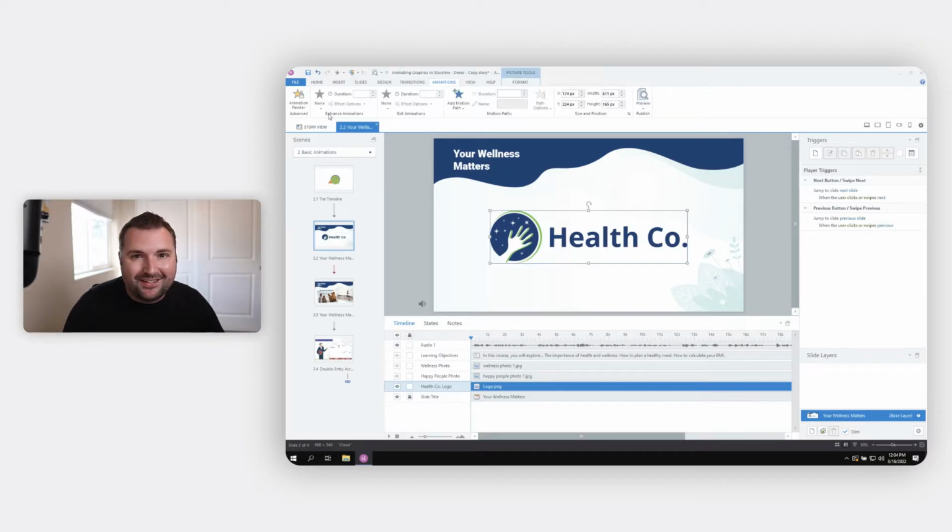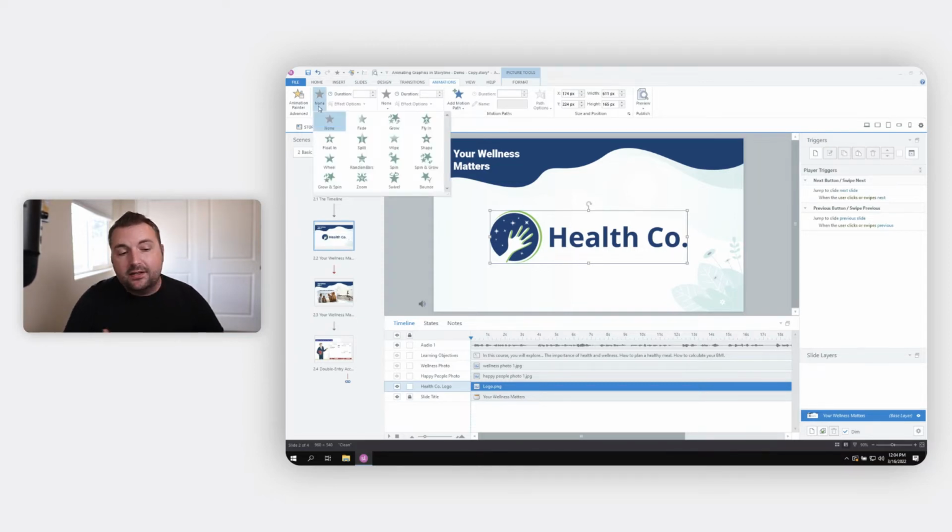Entrance animations, as the name suggests, is the type of animation that happens when something enters the slide, right? And right now it says none. That means there's nothing applied to it. But if I click on this, you can see I have all sorts of different animations I can apply. I can apply a fade, a grow, a shape animation, a spin animation, a swivel, bounce, zoom, and all sorts